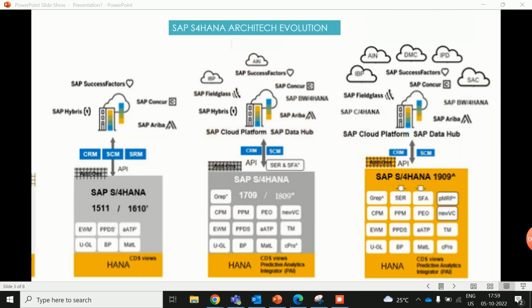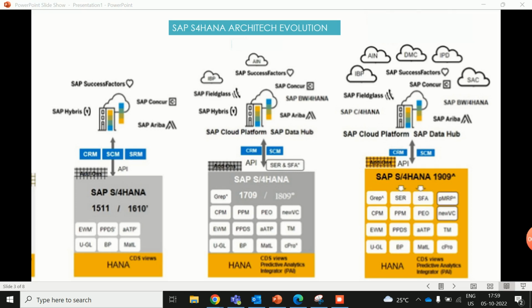Here is the architecture evolution of S4 HANA. You can see on your screen. SAP can be deployed on an on-premise environment as well as on a cloud. In the release of 1501, they launched the first unified general ledger, followed by this